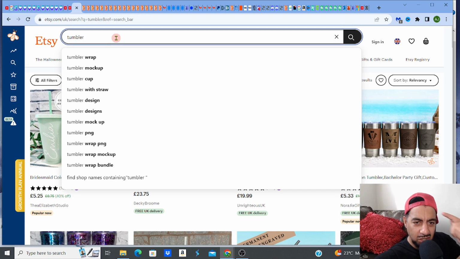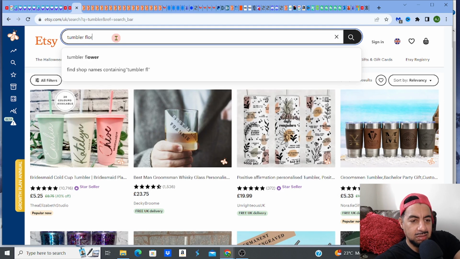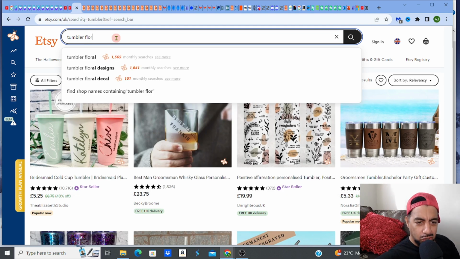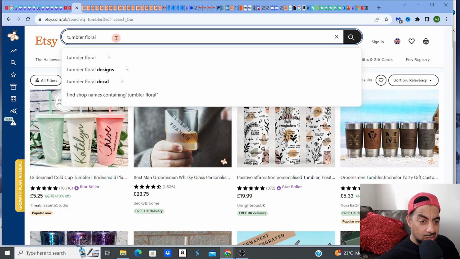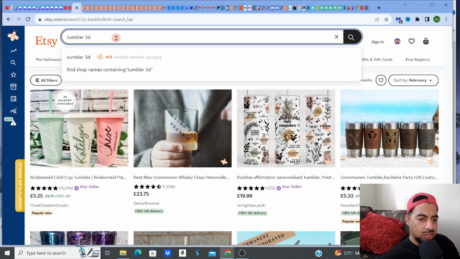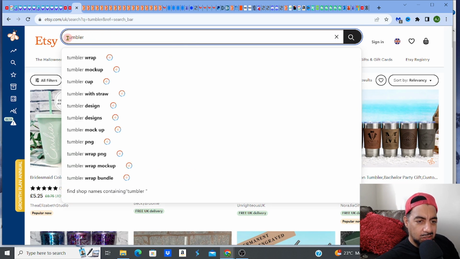But check this out. Look, Tumbler, right? Then I'm going to add something like floral, or I might just take this out. Remember, just add these keywords. Sometimes just have a look. Tumbler 3D, right? Anything else coming up? No. So maybe I'll do it the other way. 3D